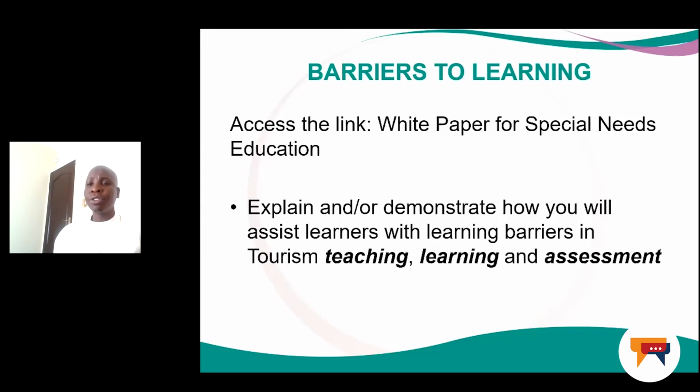So once you've read through the white paper, you're going to explain and demonstrate how you will assist learners with learning barriers. In your discussion, please include at least 5 examples on how you're going to overcome such barriers that you find within that white paper. One, through teaching methods or teaching style, the pace on how you're going to present your lessons. One example in your discussion must be how you are going to adapt your curriculum to make sure that the learners with